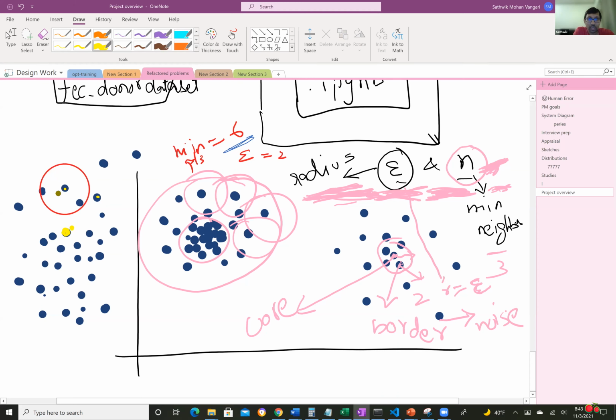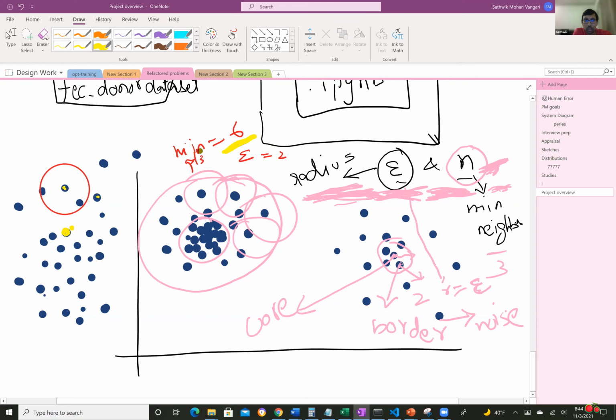right? So if that's my point, how many neighbors does it have? Guys, how many neighbors does it have? Where's the point? This yellow here. Okay, it only has one, with the red circle around it. One neighbor, maybe two neighbors, right? Yeah, maybe two neighbors. Now 2 doesn't satisfy my condition here,